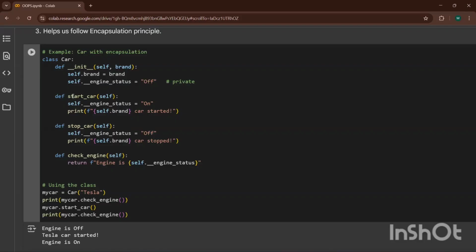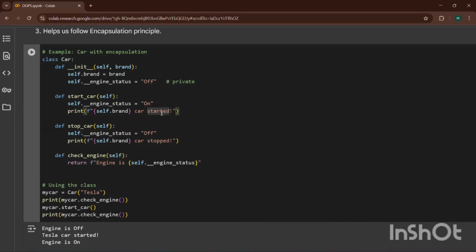That is what I have already told my class. Then I have the start car function. Now I'm putting my engine status as on because I am starting the car. By default, it is off, but now it is on. And I'm printing self.brand car has started.